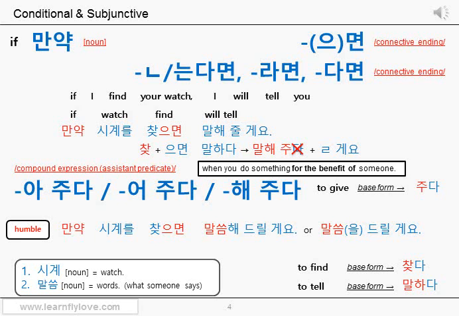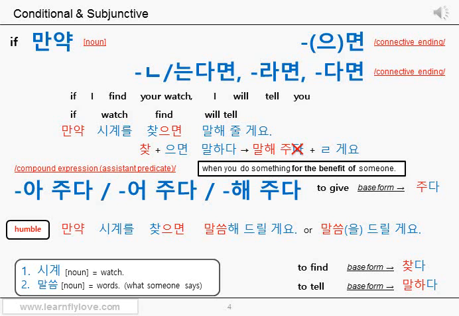Then let's see the second part. 말씀해 드릴게요. Or 말씀을 드릴게요. Or 말씀드릴게요. It looks like this part has been completely changed, right? We'll explain. This can be a little bit complicated. Please listen carefully. This part, 말씀해 드릴게요, consists of two verbs. The first verb is the main verb 말하다. Who's telling? Yes, you are telling. But you are talking to someone who deserves more respect.